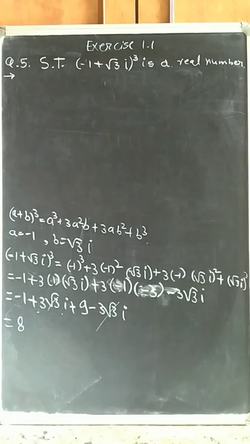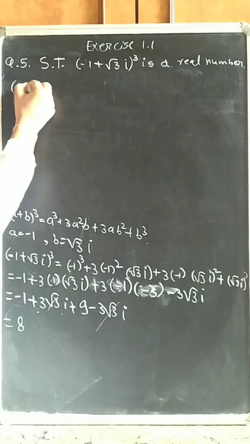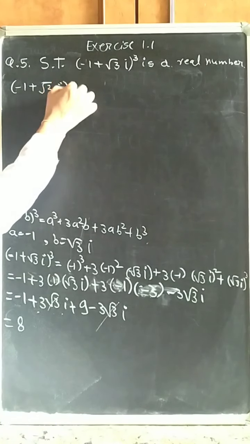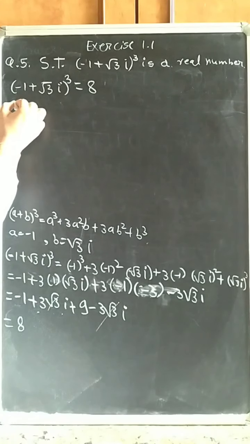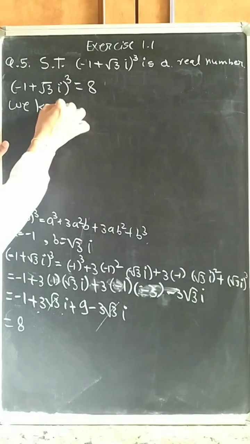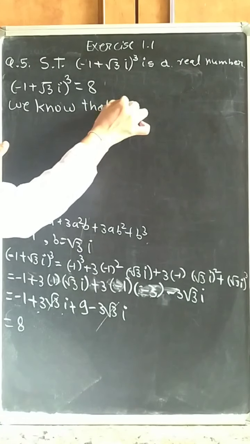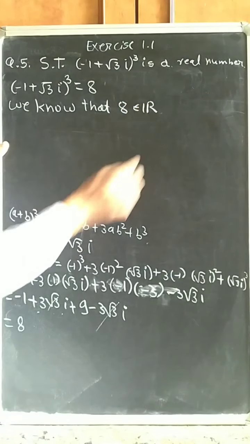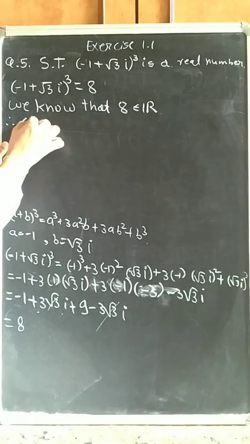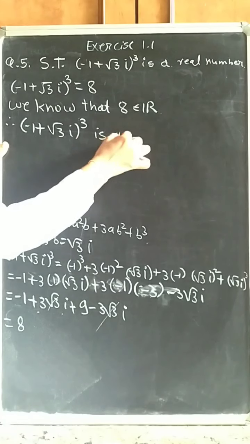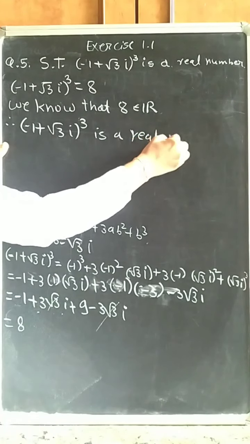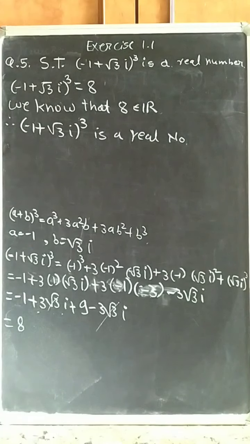So (minus 1 plus root 3i) cube equals 8, and we know that 8 belongs to real numbers, therefore (minus 1 plus root 3i) cube is a real number. Start from here and write this ahead. I hope you understand. Now next question is